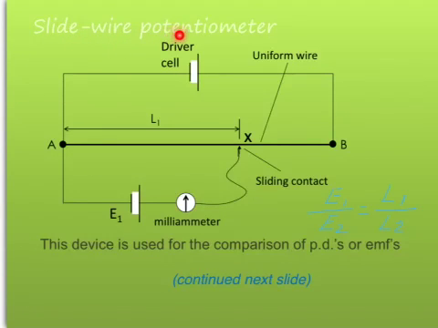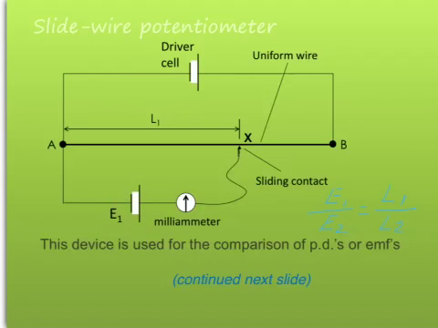Slide wire potentiometer. So instead of using variable resistor, we can just use a long piece of resistance wire for the sliding contact to slide along. So it says here, this device is used for the comparison of potential differences or EMFs. Here we have a cell of EMF E1,